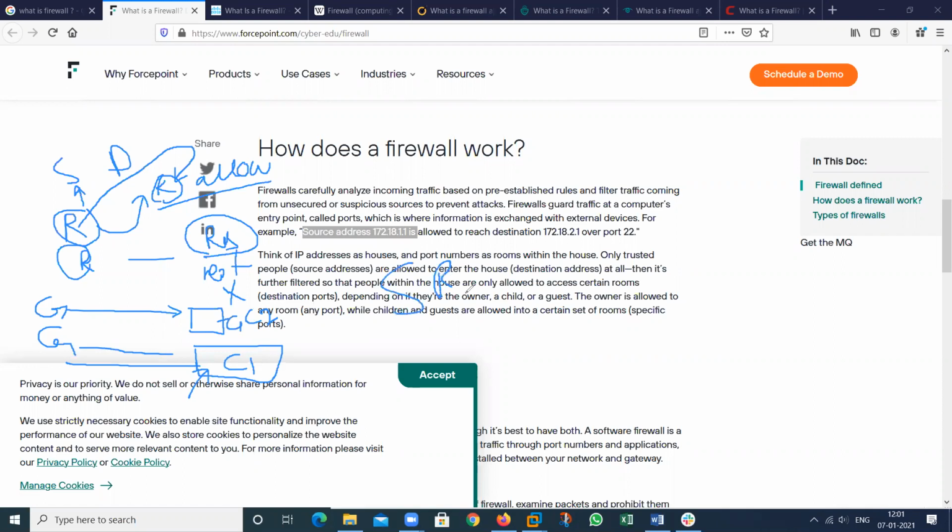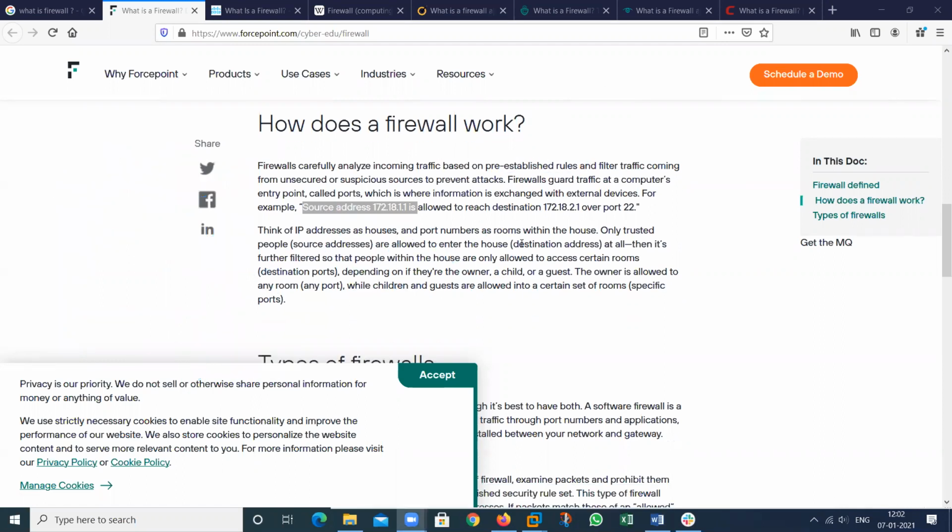This is a server room, so no one is allowed in the server room. This is a room where this person will work, then allow. If this person wants to go in the server room, do not allow. So we can apply the conditions. These conditions are known as the rules. These are the predefined rules. If you apply any rules in the firewall, then that particular rule will work.